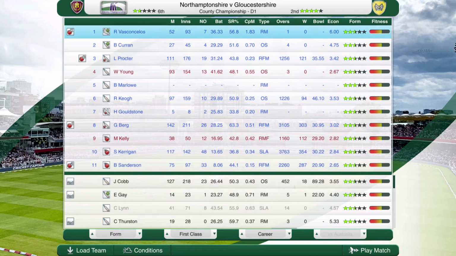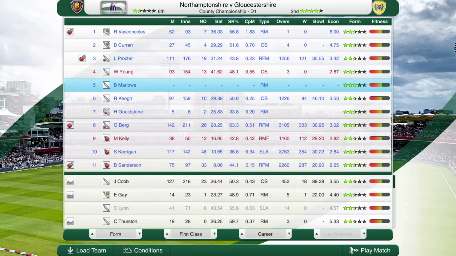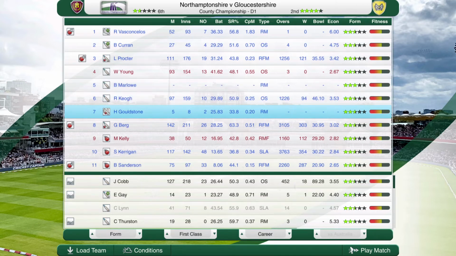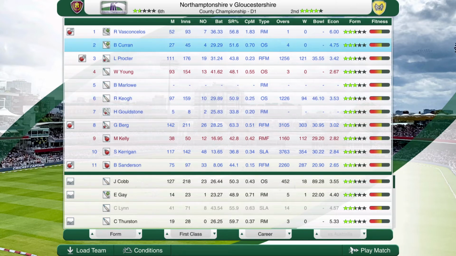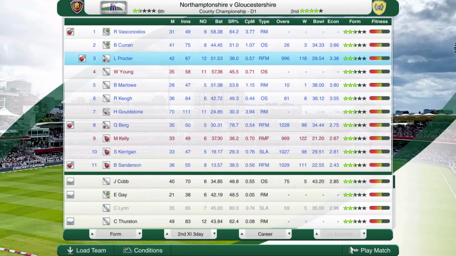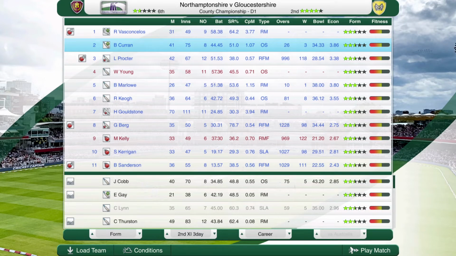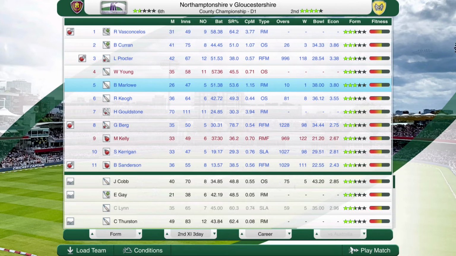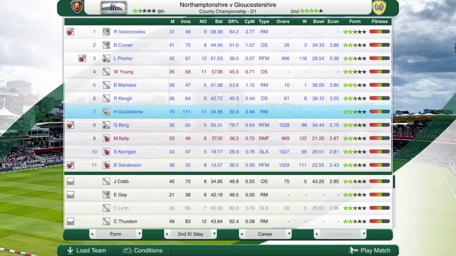You can look at their first class statistics at face value, which is fine. There's nothing wrong with that if they're a bit more experienced. But if they're younger players, who've only played a handful of games like Marlowe or Gouldstone, or even Ben Curran, who's only played 25 games, you're always best to check their 3-day stats to get a bit more of an indicator as to what they are actually capable of producing. Now, Ben Curran's got 3-day statistics of 44, which is great. Marlowe's is 51, and Goldstone is only